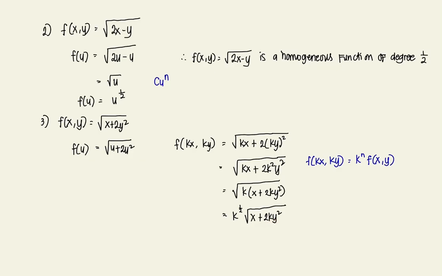So our conclusion is that the function f of xy equals square root of x plus 2y squared is not a homogeneous function. Okay,